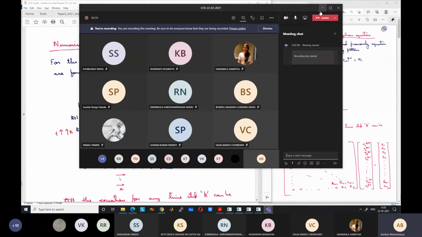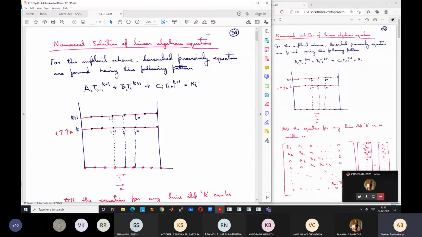So good evening. We will continue our discussion from the previous class. So we have finished discussing one aspect, which is the finite difference methods. In the previous couple of classes, we have seen how to use the finite difference scheme